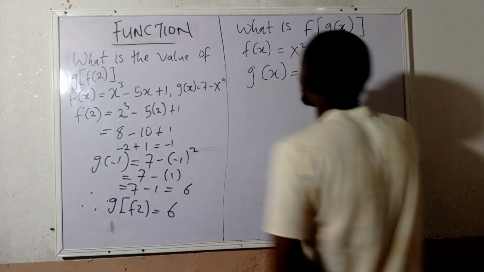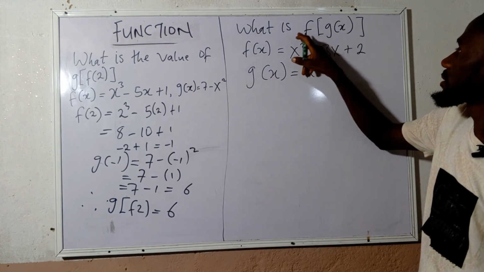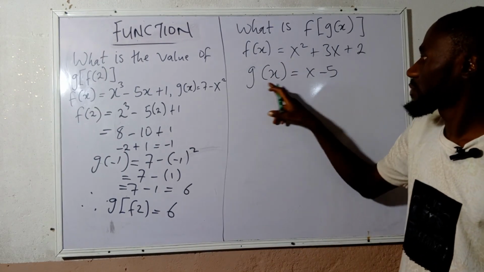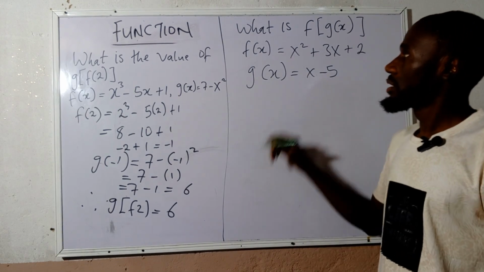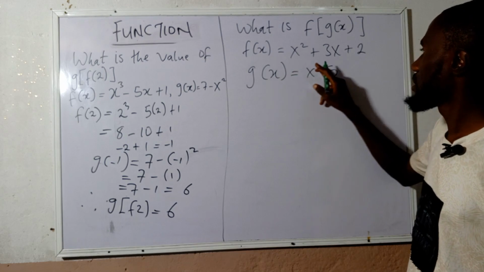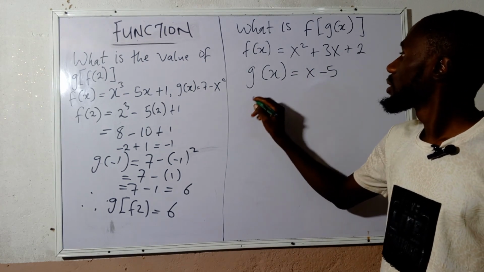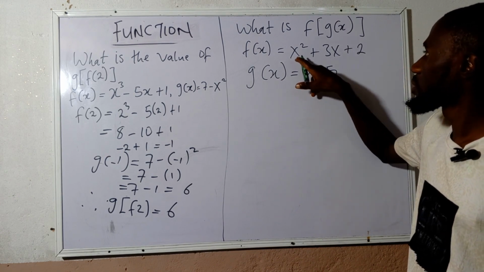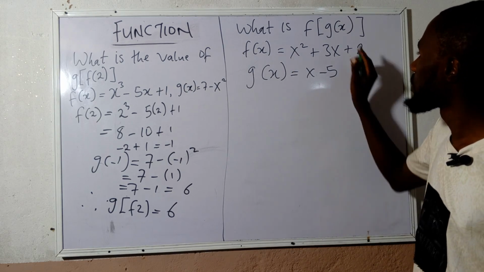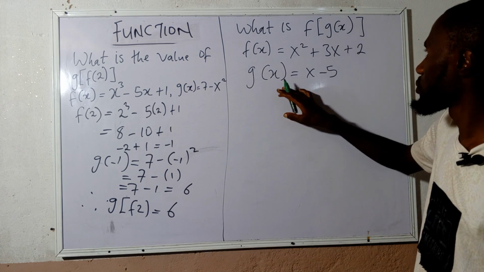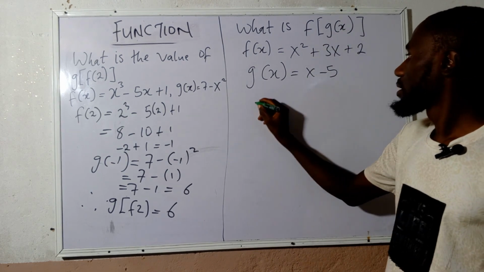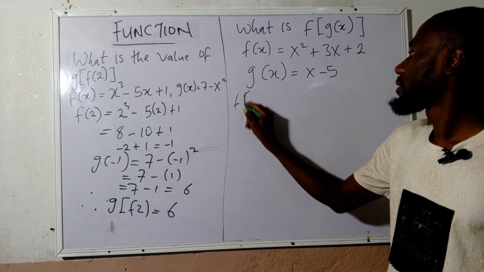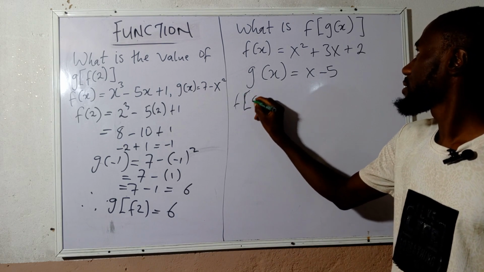That is the first one. Let's solve the second one. This says, what is f of g of x? Given f of x is equal to this, g of x is equal to this. Then finally, let's substitute x minus 5 into x here. Since we are looking for f of g of x, substitute g of x in f of x. Therefore, f of g of x